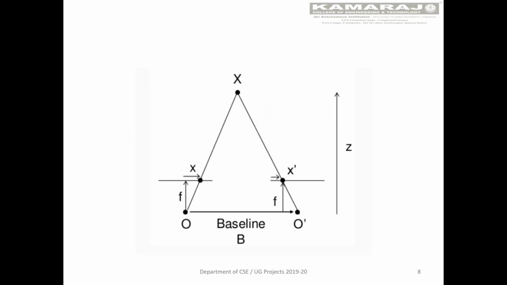In this image, x is the position of an object in the left image and x dash is the position of the same object in the right image. We can calculate depth by finding the difference between these two pixel points along with the help of focal length. Since depth is directly proportional to the product of the difference between these two points and focal length.